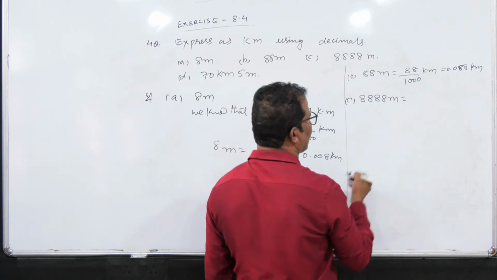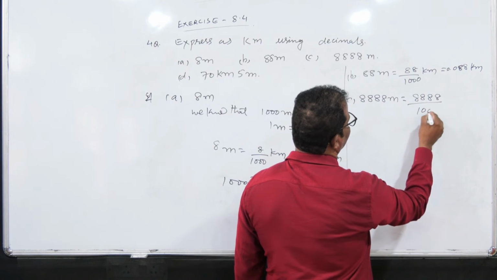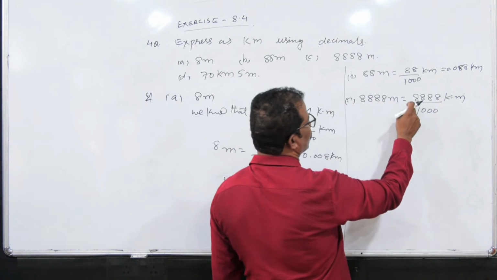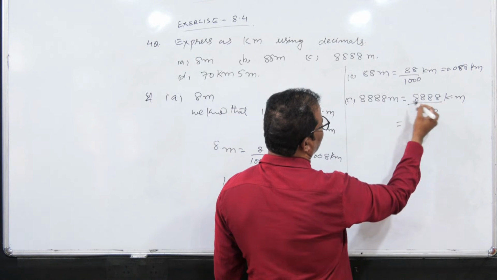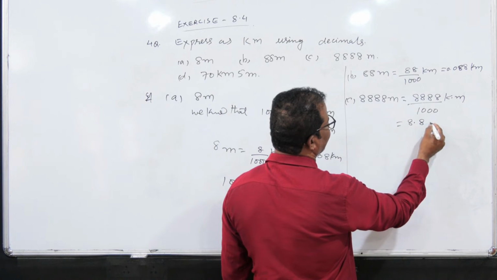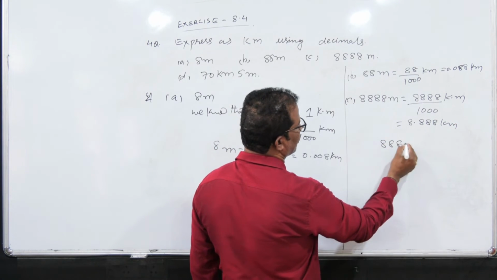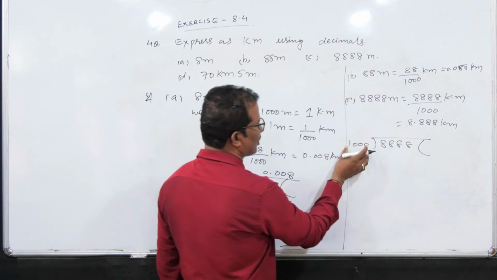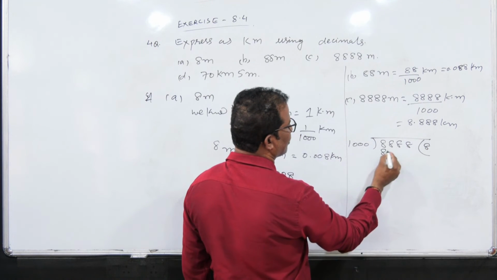So in the next question, it is C. 8,888 meters. So convert into kilometer. So we can divide by 1000. If we put here 1000, now this meter will become kilometers. If we divide 8,888 by 1000, we'll get a point here from right to left after 3 places of decimal, that is 1, 2, 3. So here it will come like this, 8.888 kilometers. Okay, how is it, we can see here, 8,888 divided by 1000. So it is 4 digit, 1, 2, 3, 4, 4 digits. 8000.